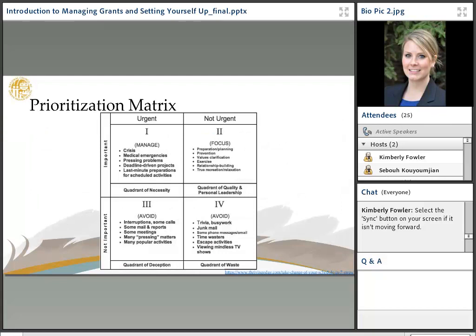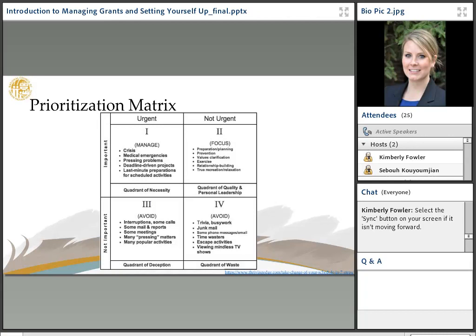Another tool that I wanted to share with folks, and I think that this is a good tool once you're already in the project and maybe feeling overwhelmed with the tasks within that project, as well as juggling other projects, other work duties that you may have, using the prioritization matrix is great. So I have the link of where I found this one. This is a newer one that I'd seen.